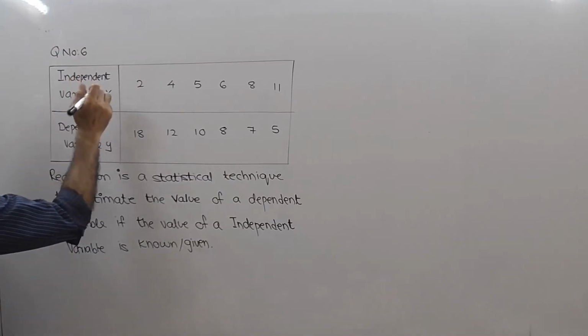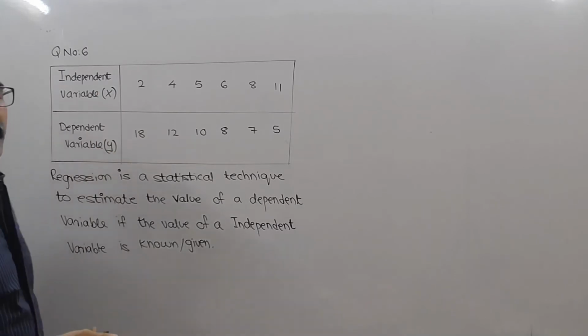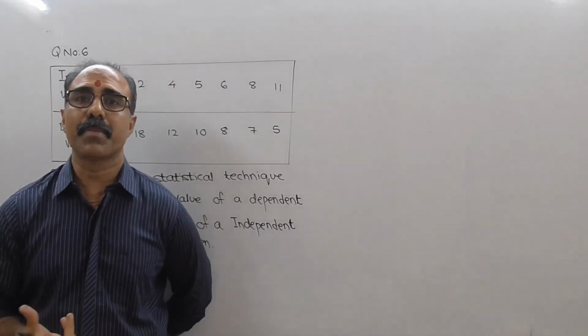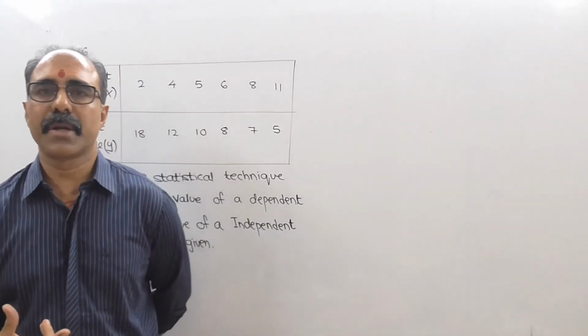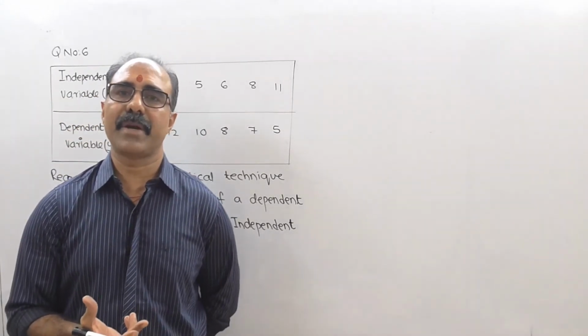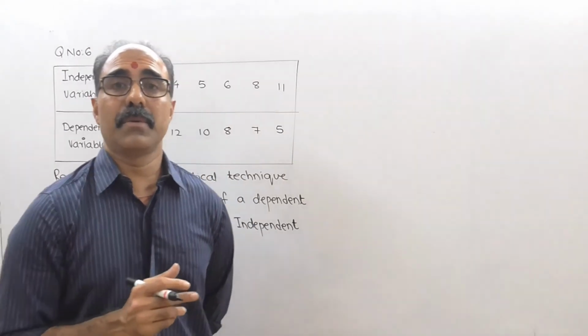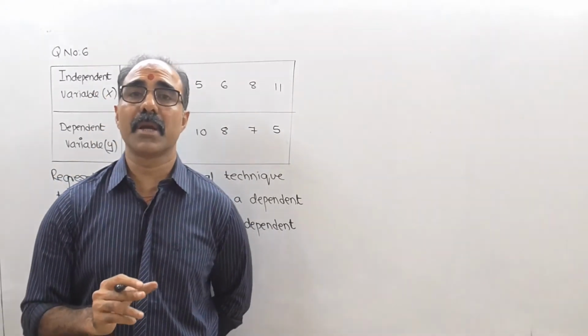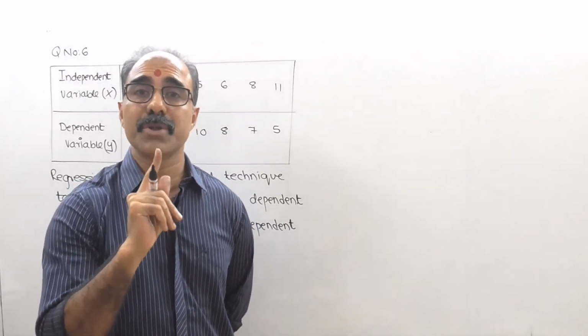Here on question number 6, they have given independent variable x and dependent variable y. And the question says that you find an appropriate regression equation. So, appropriate regression equation means there are two regression equations. One is regression line of y on x, or it could be regression line of x on y. So now you just can't find any regression equation as per your choice. You have to use a specific logical reasoning.